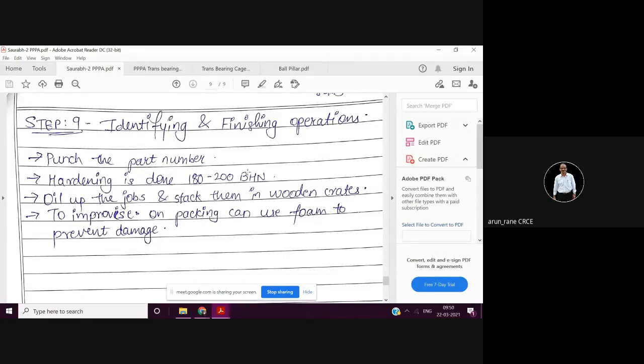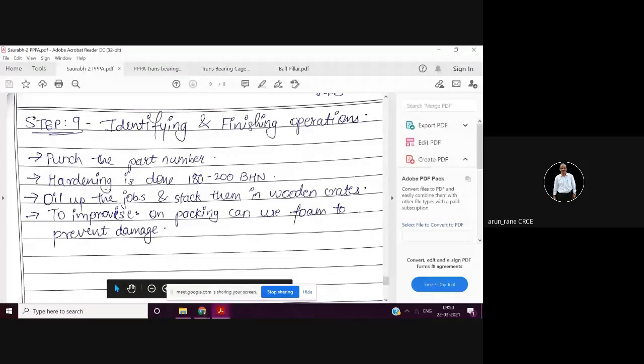Depending upon the laser density, laser strength, and distance, you get the depth, whether you want 0.02 or 0.05. Then identifying and finishing operation.